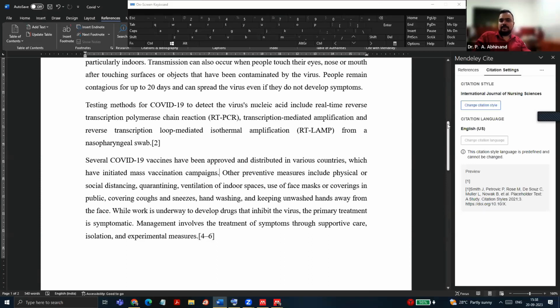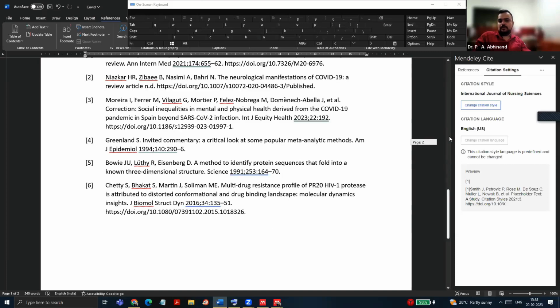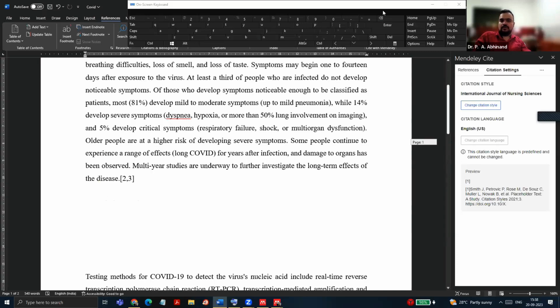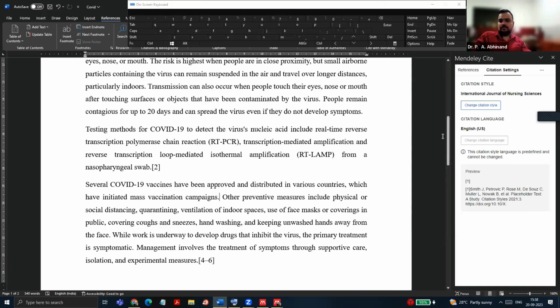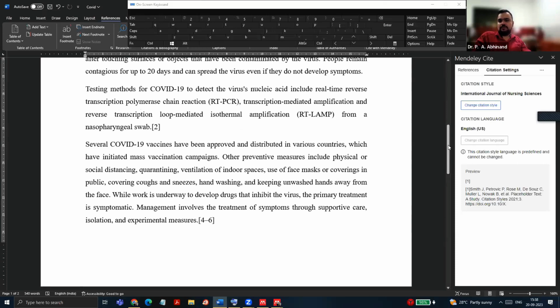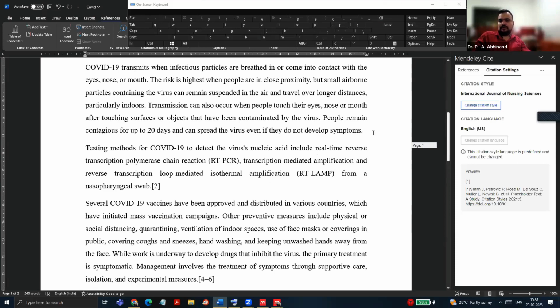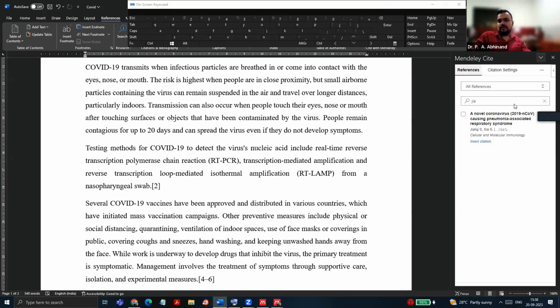Right? Or say for example, I want to introduce a new reference. Say for example, reference 2 and 3 are over here and 4 is over here. So let me introduce a new reference somewhere over here. So how do I do that?